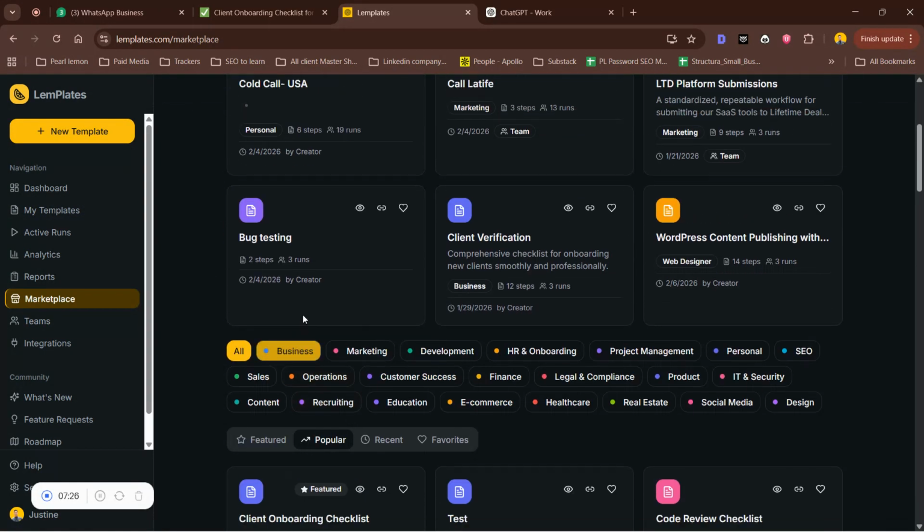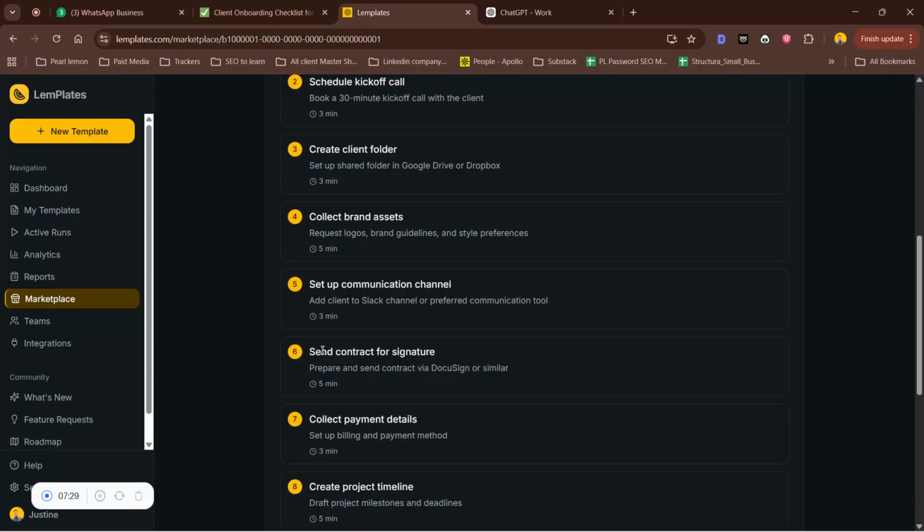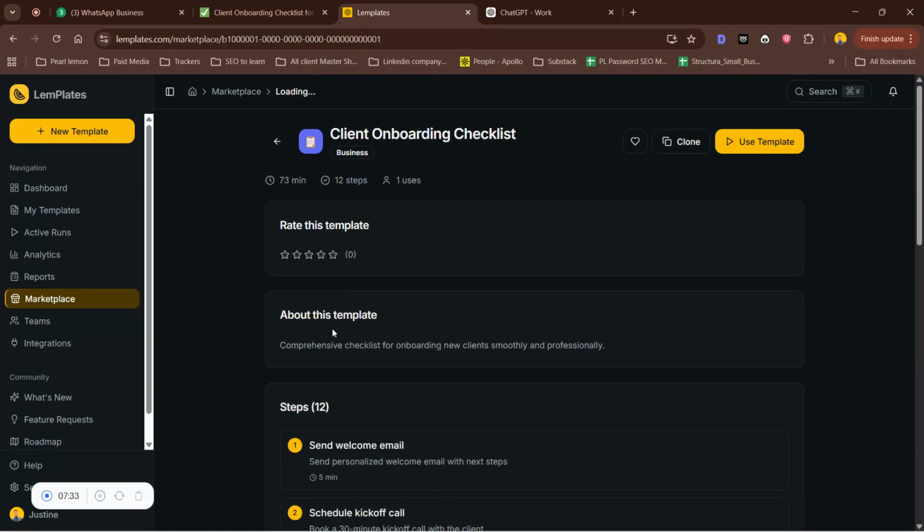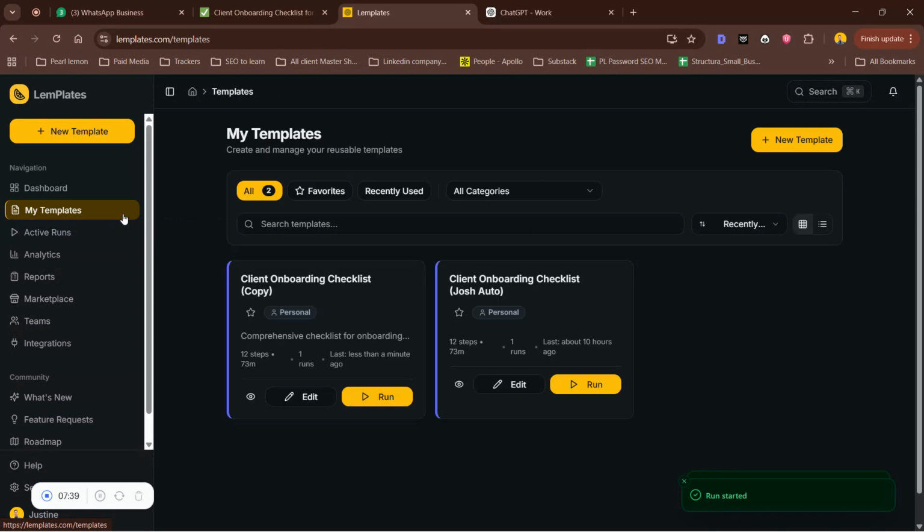However, we'll be going with the client onboarding checklist. With this one, you have your steps, and you can always edit the steps whenever you need. You can click use template, and then go to your templates, and there we go. So we have a client onboarding checklist copy. This is basically your template. You can edit,